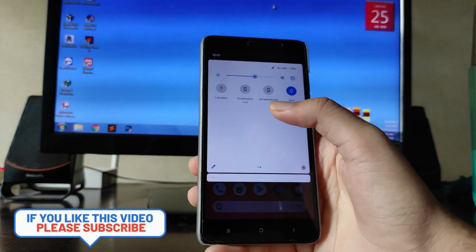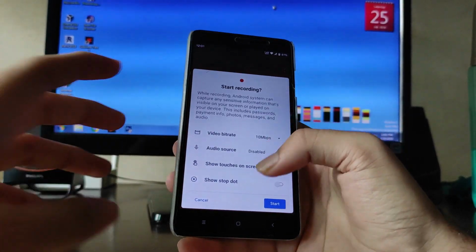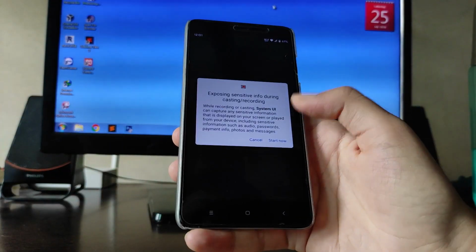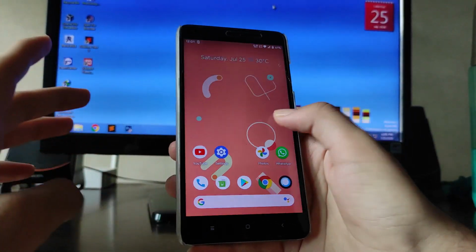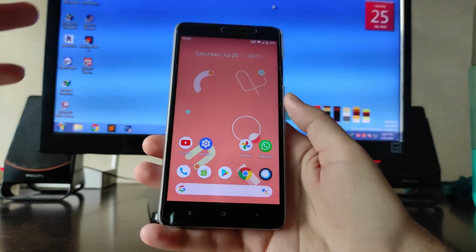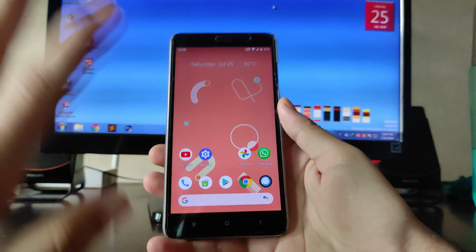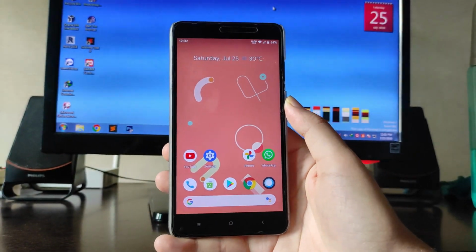Then talking about the features, the screen recorder here is also available, the native Android 11 one, or you can call it the Android 10 one. As you can see, the screen recorder here is working fine, absolutely. You will have no problems with that. Okay, so in this ROM you get pretty much all the basic stuff available and everything is working fine for me. But now let's talk about some bugs.